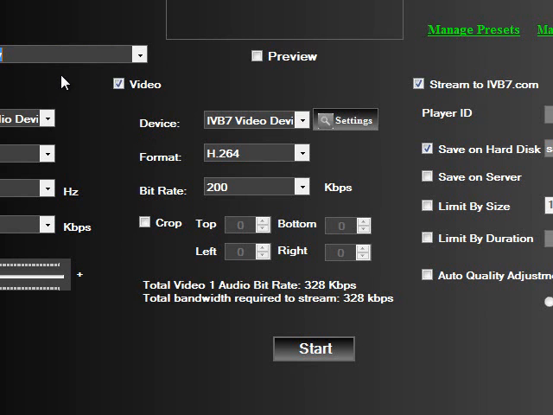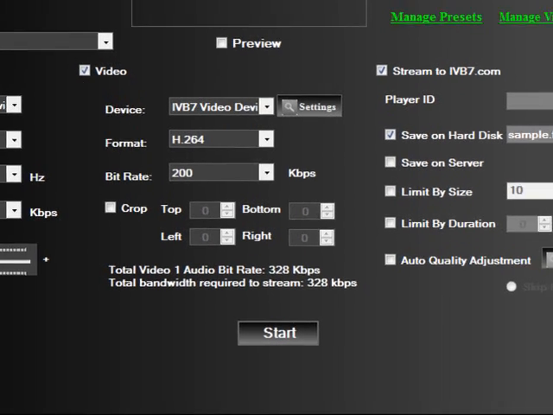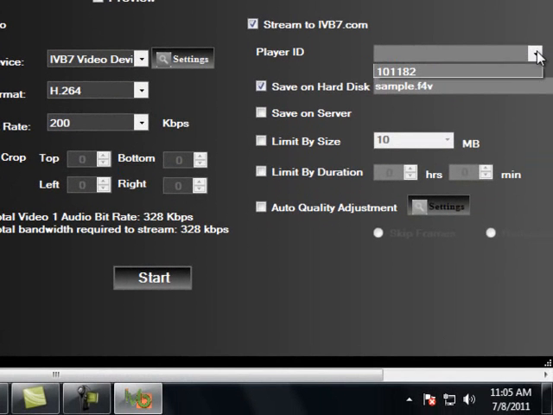Now as I said, when you purchase your software or the portal, you'll be assigned a player ID, right? So now you can see a player ID being displayed here. This is a player ID you even find in the portal. Once you stream your videos, the player ID in the web portal will be selected, and to the assigned player it will play the live video events. So let us see how it is streamed and how you view the videos in the portal.